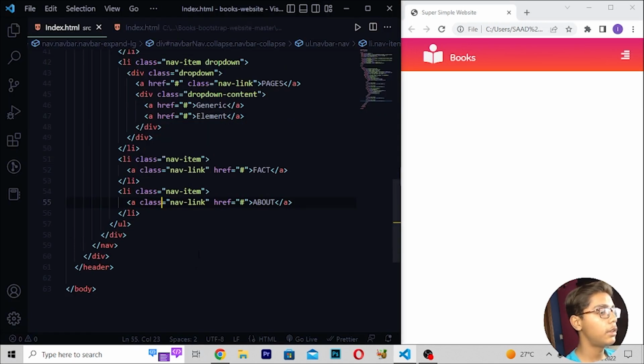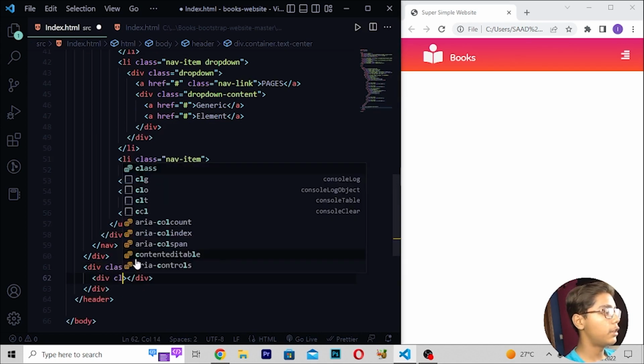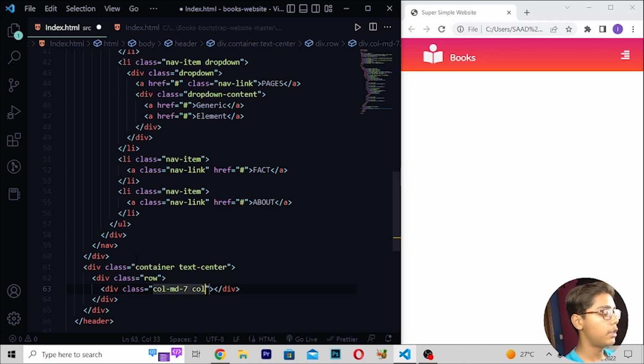Now here you have to just move under the div which we have created, then right here div class, and right here container text, then here I will be writing center, then you have to write here div class, and then right here row. Now when you've written this, I will be now writing here div class, then I will be writing here col-md-7, then right here col-sm-7, or you can say 12, right here text white.